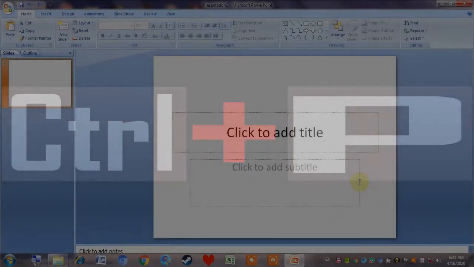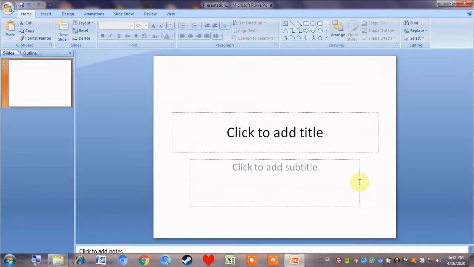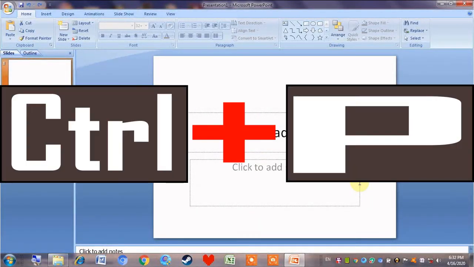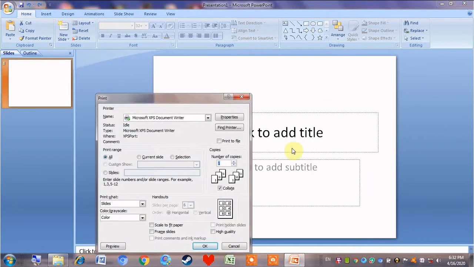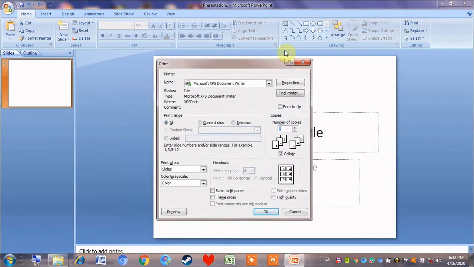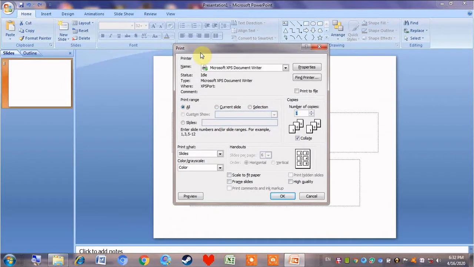Fourth shortcut, Ctrl+P to print a document. So let's press Ctrl+P. The print dialog box opened up, almost the same as in Word. You can adjust some settings, and this is used to print a presentation much faster. So next shortcut,